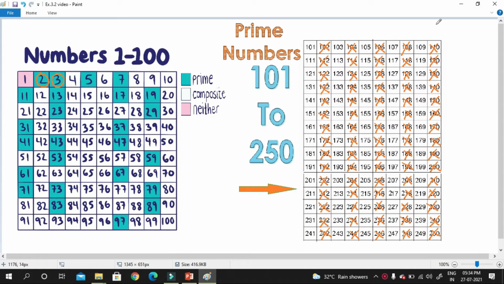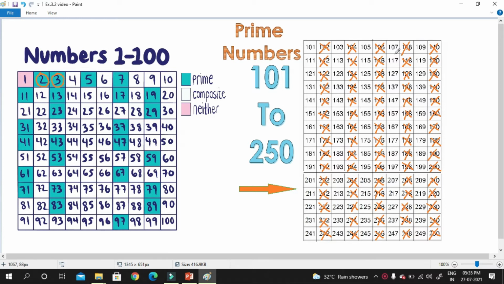The multiples of 3 you can find by using the divisibility rule also. The numbers whose sum of all digits is divisible by 3 are divisible by 3. Like 102: 2 plus 0 plus 1 is 3, and 3 is divisible by 3, so 102 is a multiple of 3, but it is already cut.